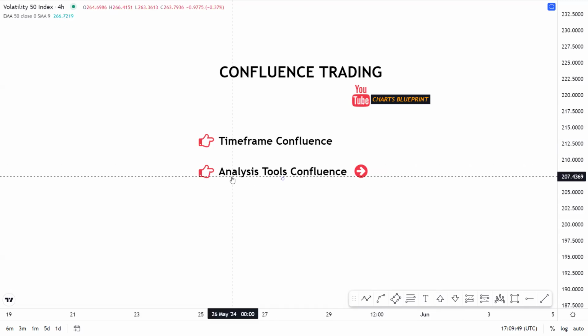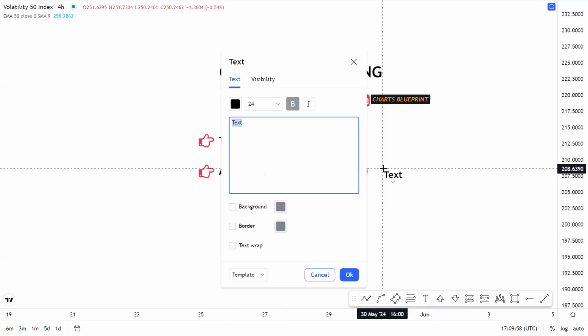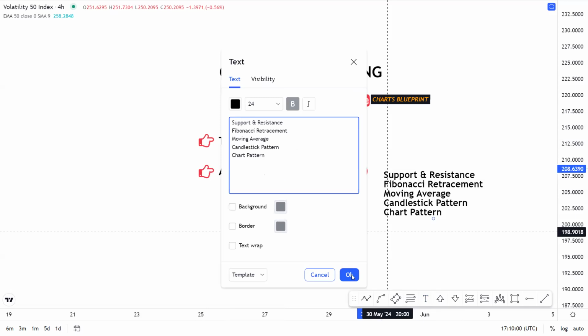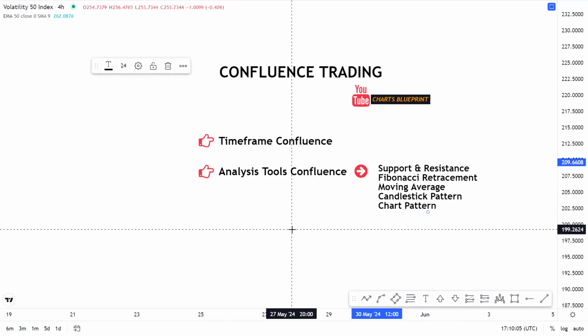And then the analysis tools confluence is simply putting a number of tools together, such as support and resistance, Fibonacci retracement tool, moving average, candlestick pattern, chart patterns, just to mention but a few. Now, once these tools are aligning together, all present at the same area, it means the area is a high probability trade area. Shortly, I will be explaining this concept using the trade I called on my Telegram channel a couple of hours ago